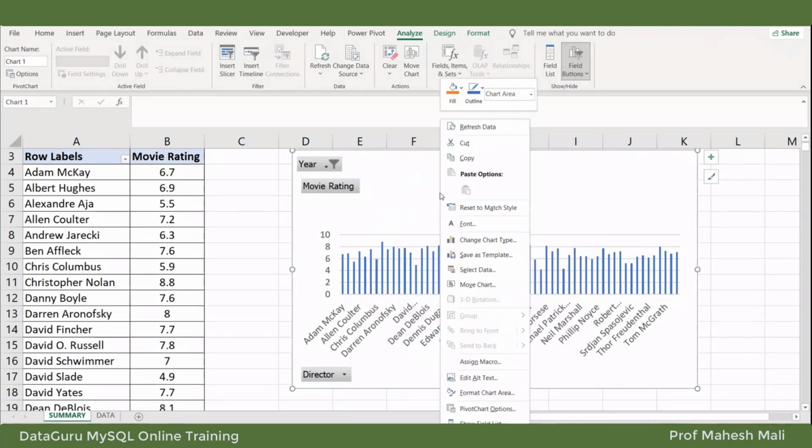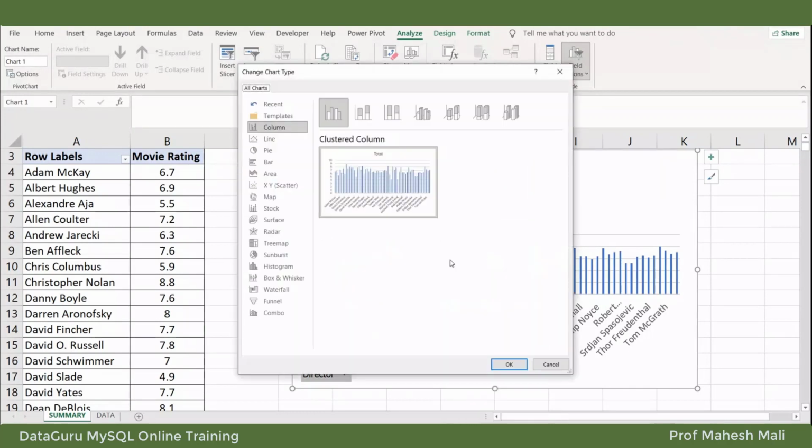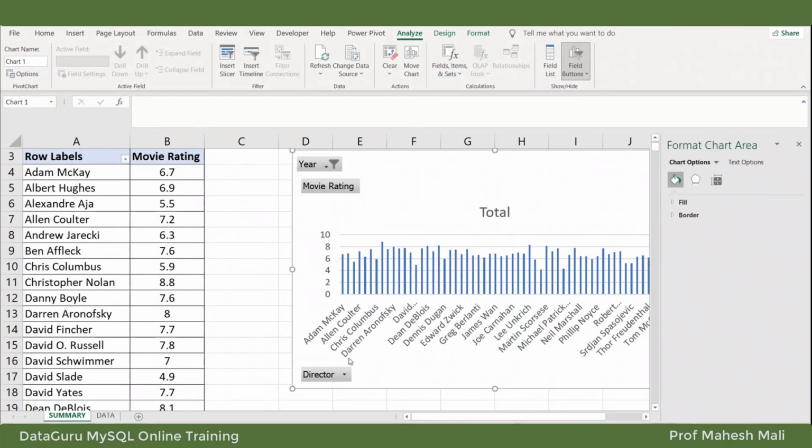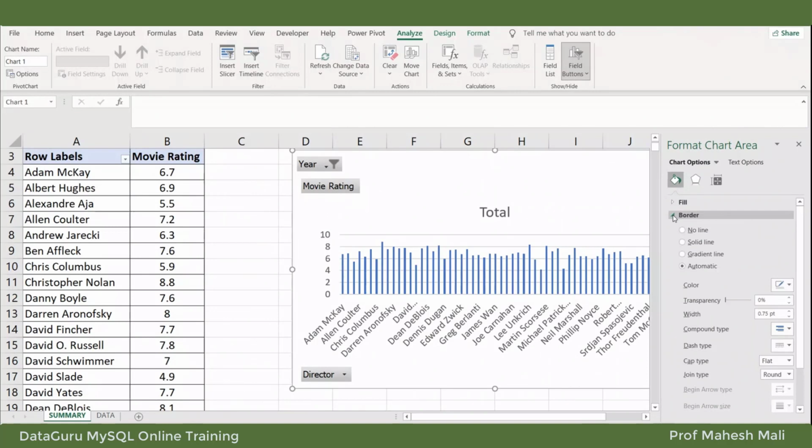sorry, chart types, here you can change the gradient data and all.